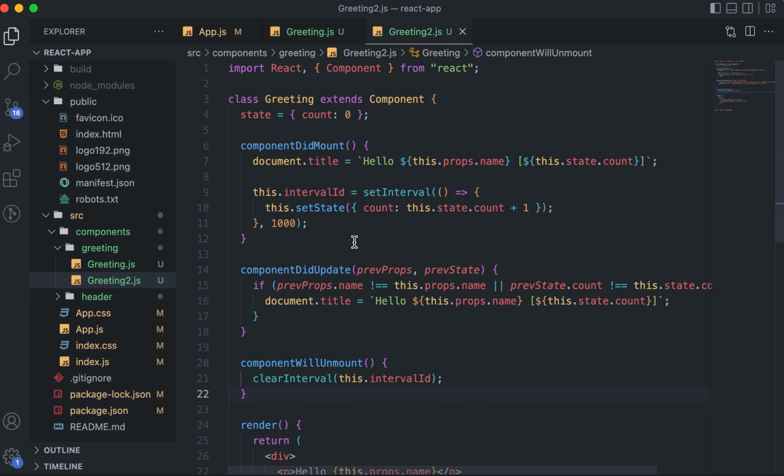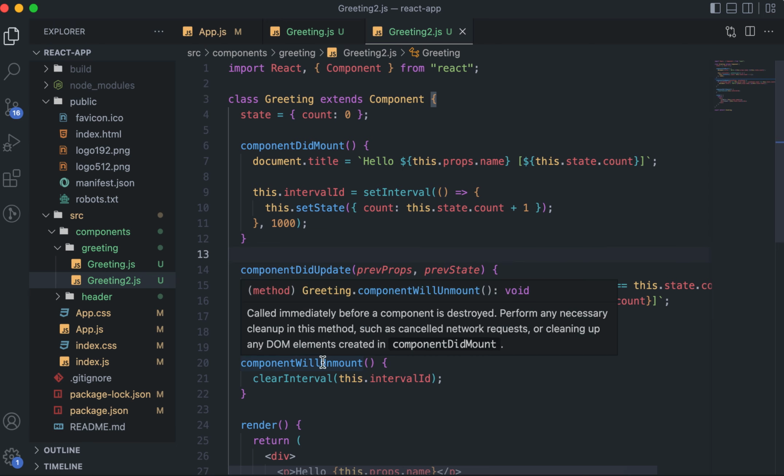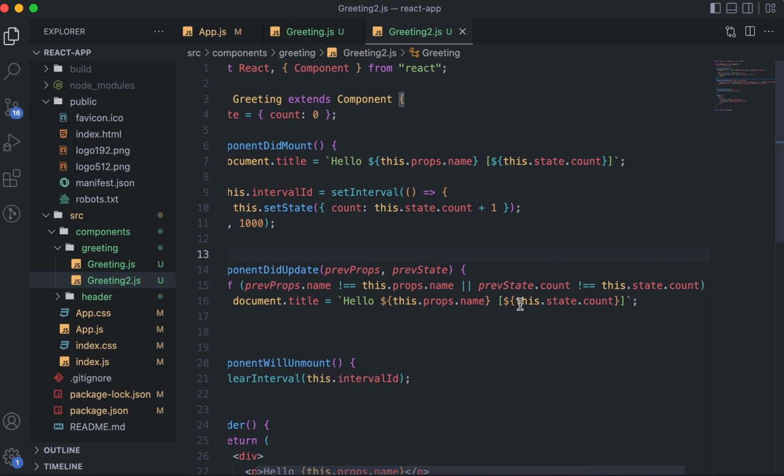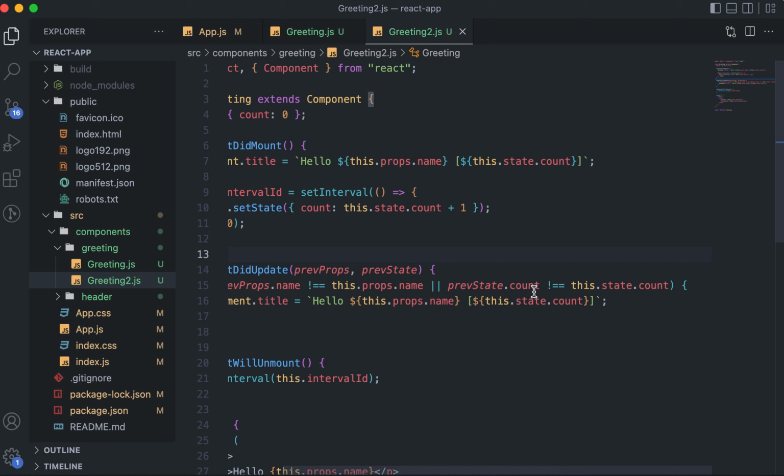So yeah, if you observe closely, in whatever situations we have used previous props and previous state, that is just for a comparison of whether it has changed or not. So previous props.name and current props.name, or previous state.count and current state.count, are they same or different? Only that thing is there. We have not used the exact value of, let's say, previous or current, right? So which means that